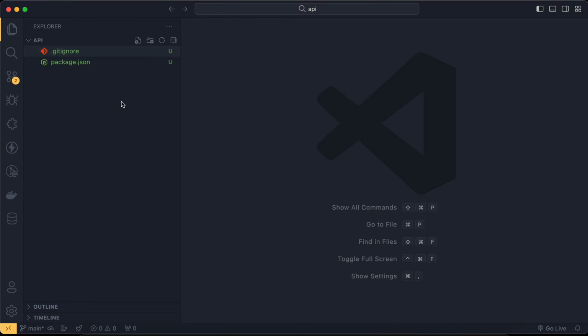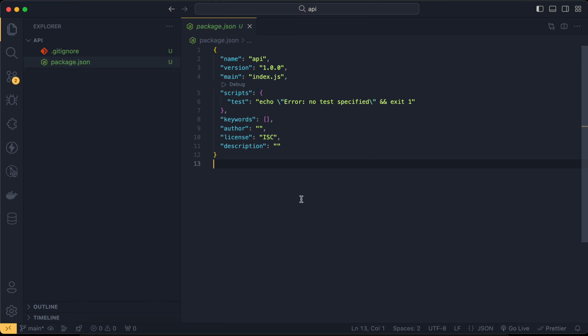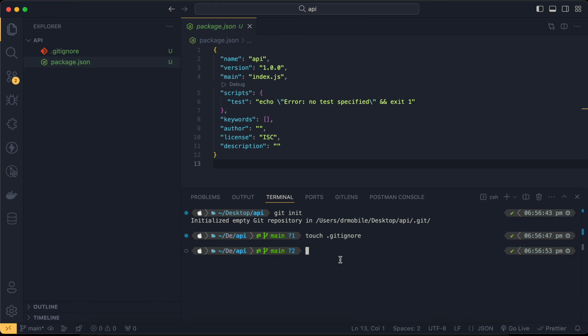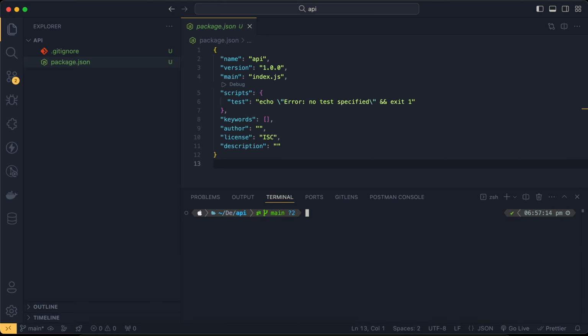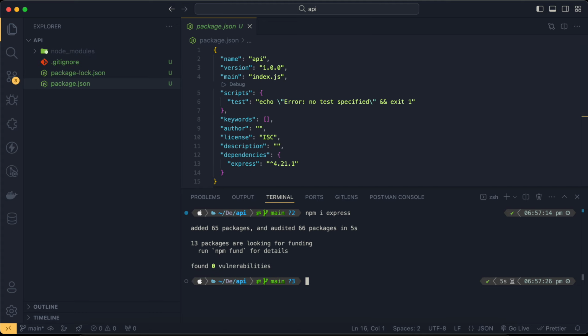And after that I'm gonna go to package.json, and there's a bunch of dependencies that we're going to need, so just go ahead and install them after me. I'm gonna say npm i express, and after that installs, now we're going to install our dev dependencies, so npm i -D for development, and first off,